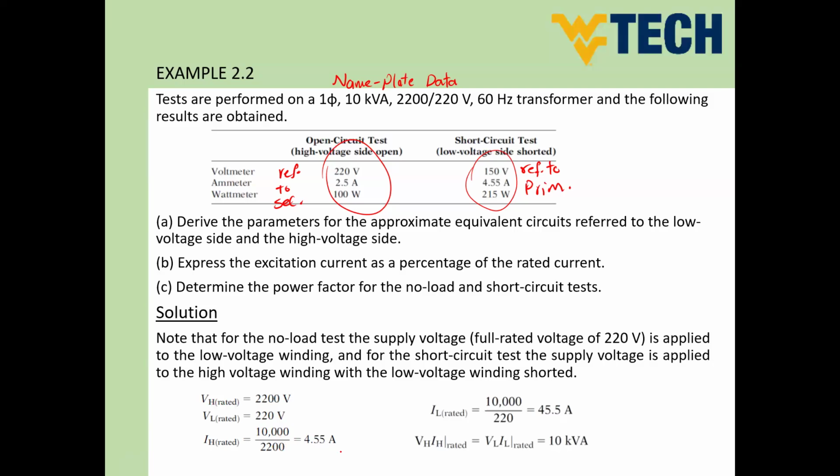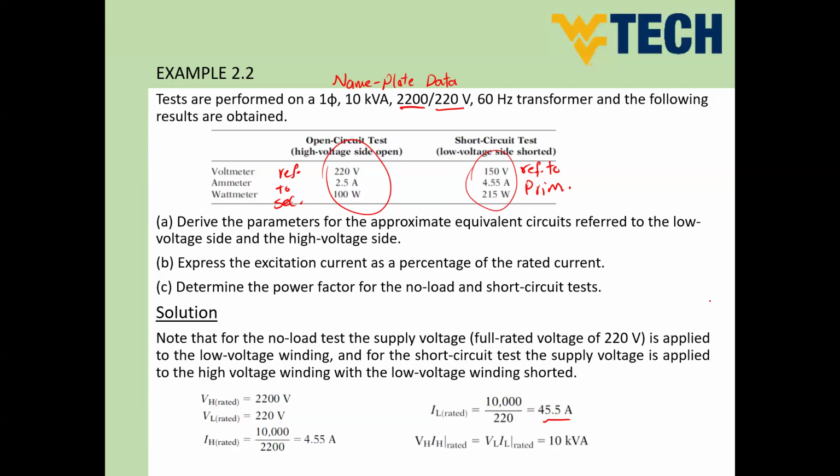So here, guys, instead of mentioning 1 and 2 as primary and secondary, he referred to the sides by means of high and low. So high is the high voltage side, which is the primary side, and low is the low voltage side, which is the secondary side here in this example. For the I low rated value, if you calculate this on the low voltage side, 10,000 divided by 220, it's going to be 45.5 ampere. If you compare